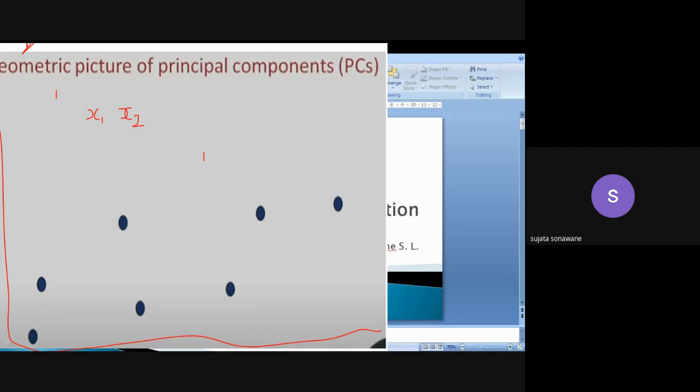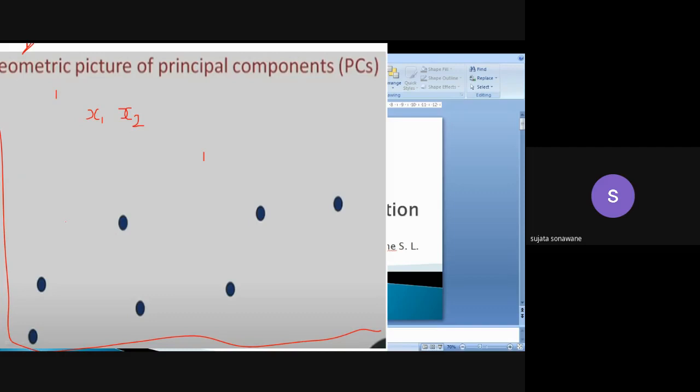You have to map this two-dimensional feature space to one-dimensional feature space. ठीक है, आपको जो भी यहाँ पे पॉइंट्स दिए हैं, ये पॉइंट्स आपको टू डायमेंशनल फीचर स्पेस में दिए हैं, अब ये आपको वन डायमेंशनल फीचर स्पेस में लेने हैं, मैप करने. ओके, सो फॉर दैट पर्पस व्हाट यू विल डू, you have to select the axis. Okay, so you have to select that axis. On that axis you will map all these points.